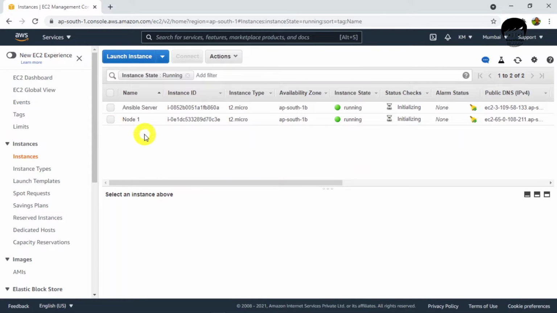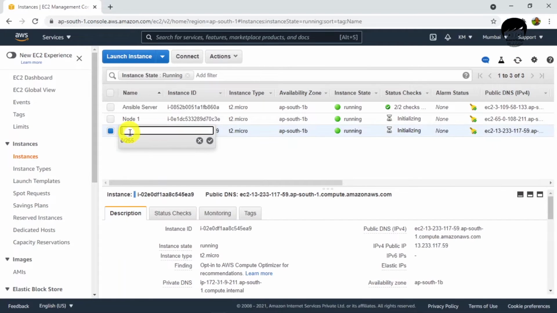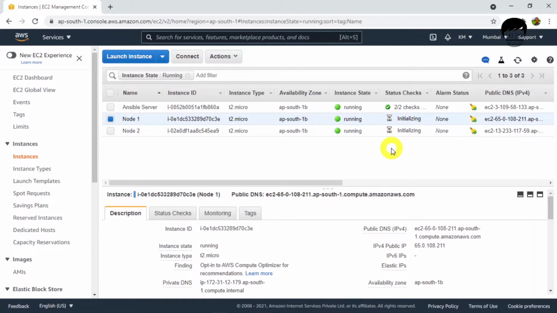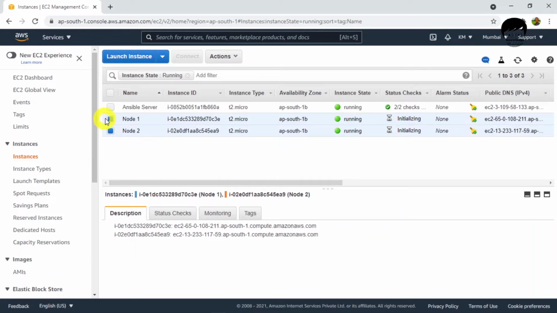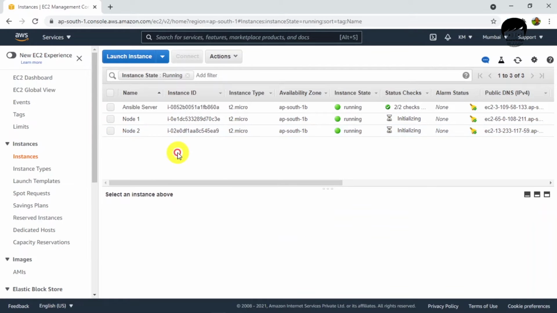You will see one more instance here. It will take just 1 to 2 minutes. Please wait guys. Now we should refresh the page. Yes, I will name this one node 2. We just need to wait for the 2 by 2 status check for these two nodes, so that we can proceed further.